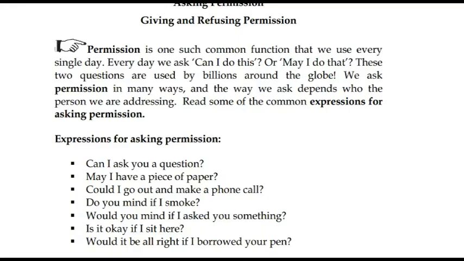So the modal verbs can, may, and could are those modal verbs that we have already learned. We know that these words are used to ask permission, and they perform various functions in the language. But the expressions of the language in the last four sentences are the things that you need to keep in your mind in order to bring variety of expressions into your everyday language.